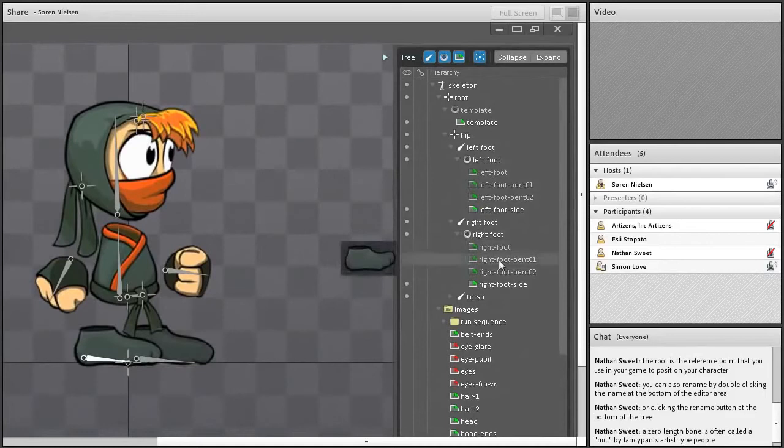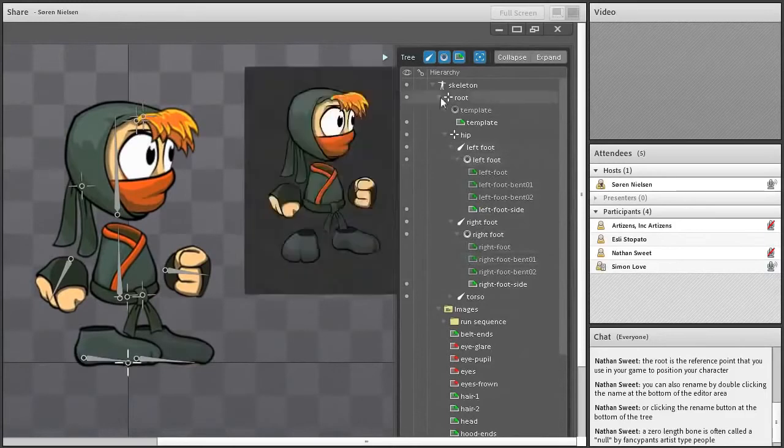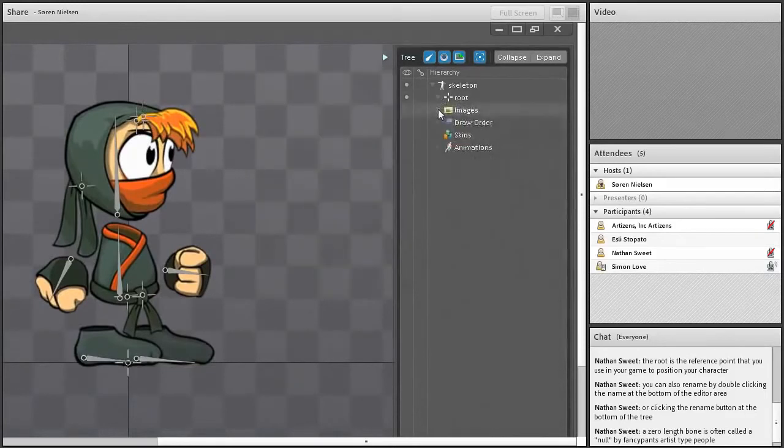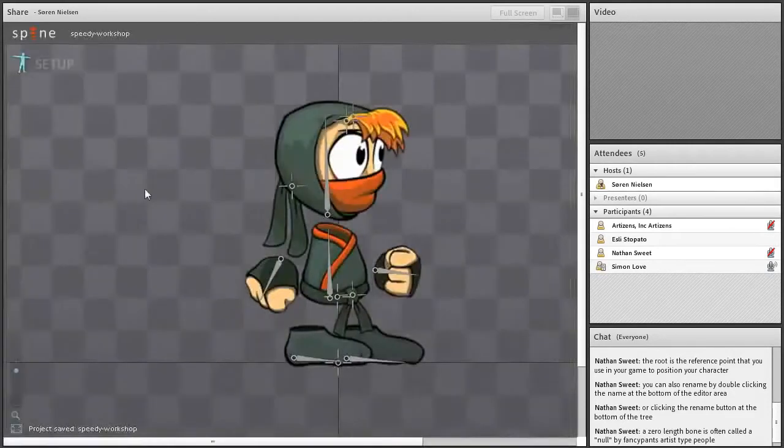All right, then we can get started on doing some animation here. Let me just quickly see if I've forgotten anything. Nope, I think we're good. Actually, there's one thing I want to go through before I jump into animation, and that is the skins feature. Just like I just saved the project again,